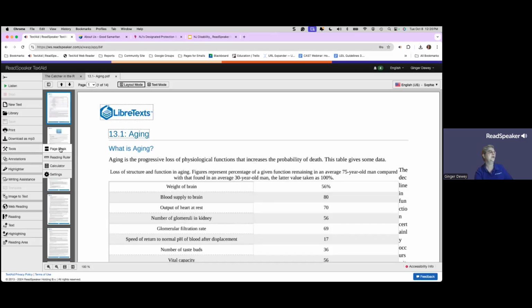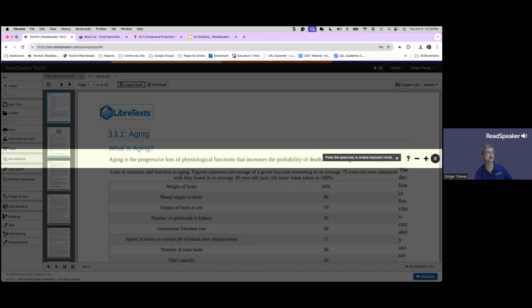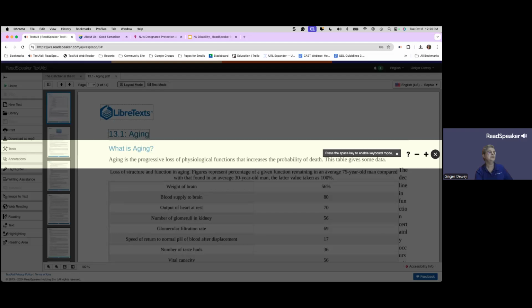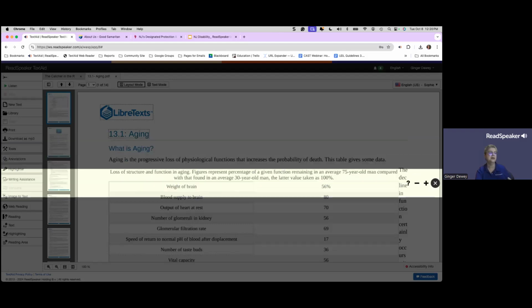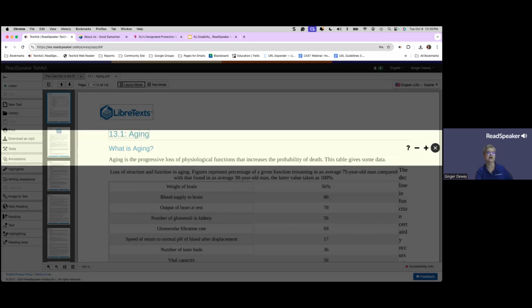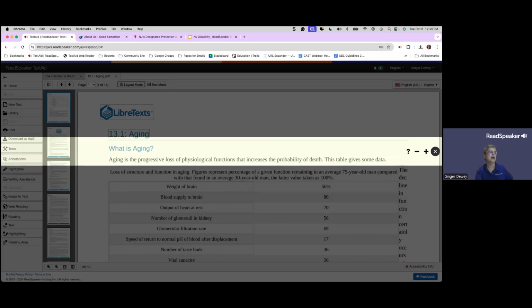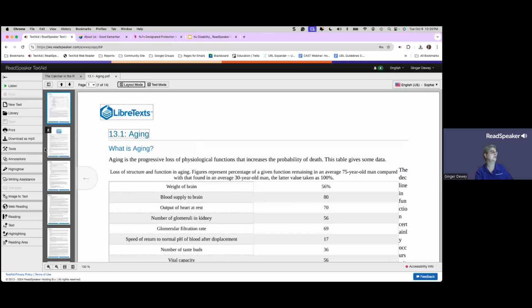Now, if I go over here and I choose my page mask, I can now move it up and down, and I can use this with the listen button and have the two going, but I'm going to need to move my mask, and I can make it larger. I can make it smaller, and that puts me into that focused group. The other thing I can do